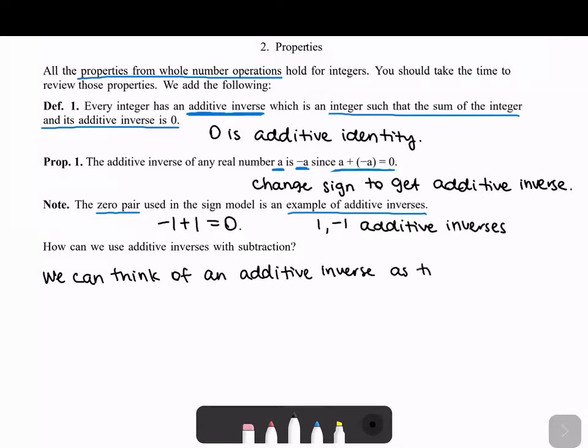So we can think of an additive inverse just as the opposite of a number. Right, so the additive inverse of 1 was -1. The additive inverse of 2 is -2. The additive inverse of -3 is +3, and so on. You just change the sign. So in general,